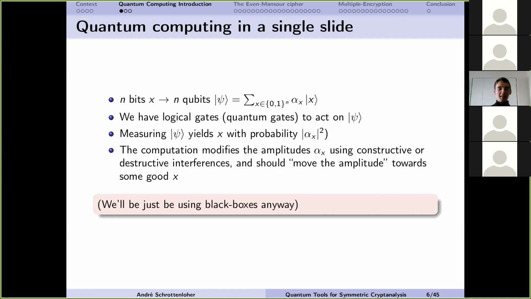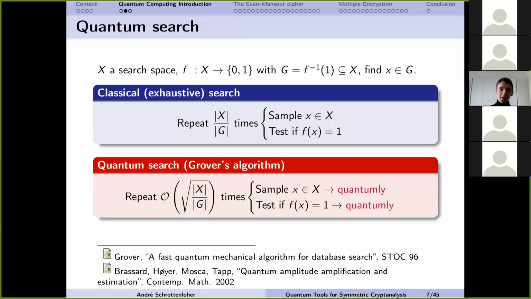And basically, none of this is needed for this presentation because we'll just be using black boxes, which, especially for asymptotic algorithms, is perfectly fine. We can compose them as we compose classical algorithms. In particular, perhaps the most well-known, or at least one of the most used quantum algorithms, is quantum search. It's a whole framework